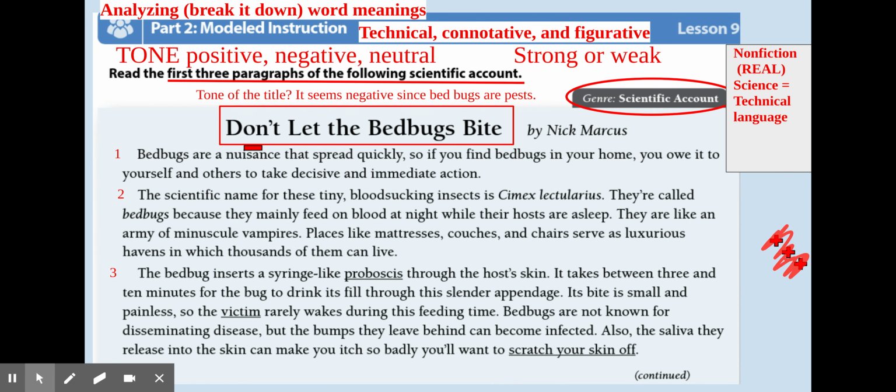I have another one that jumps out at me. It is the word, anybody? Click away. There we go. It's blood-sucking, because paragraph 2 says something about the scientific name, right? But instead of giving me the scientific name, they give me this word with a strong negative connotation before they even give me the scientific name, which is technical. And it's the Cimex